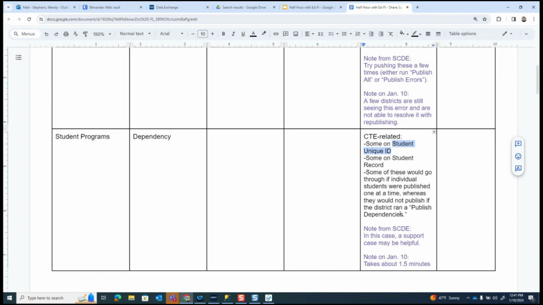Tell you what, if you are one of the folks who has a bunch of student unique ID errors or dependencies, and the students have unique IDs, and you are able to go in, I know we can't, unfortunately, look at those for each of you in this meeting. We don't want to share the PII. We're recording these now due to popular demand, and so that's something we have to be mindful of. But if you go in and find that you can shed some light on what those students have in common, that might help the group. We could add that to the notes to share.